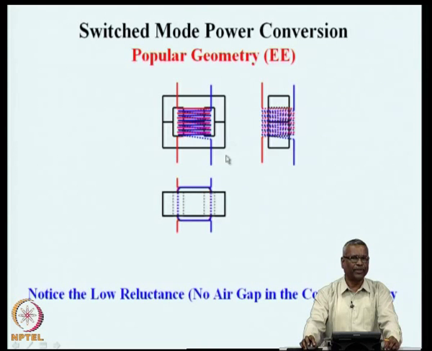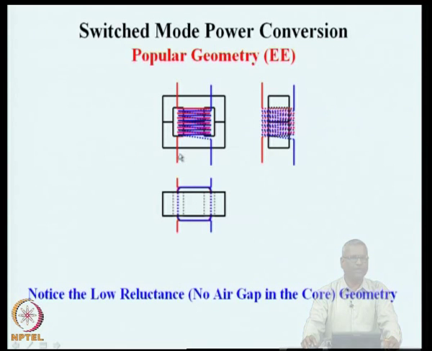E geometry, and notice that there is a very low reluctance in the gap, because there is no air gap in that. The reluctance in the magnetic circuit is practically 0. On account of that, the magnetizing inductance of the transformer will be practically infinity. Ideally, the transformer does not draw any magnetizing current to set up a flux, or the magnetizing inductance of a transformer will be infinity. We will see in a few moments how to evaluate those quantities.